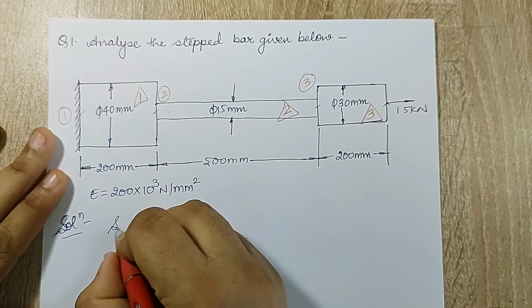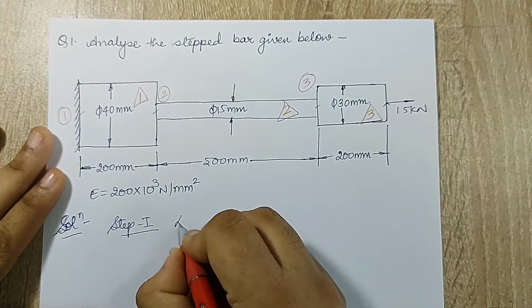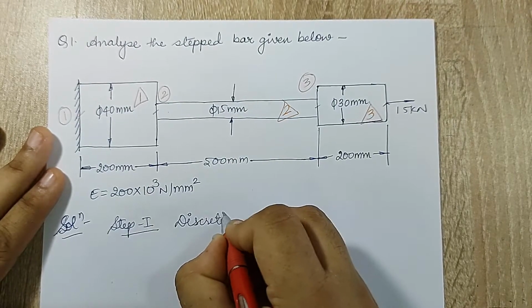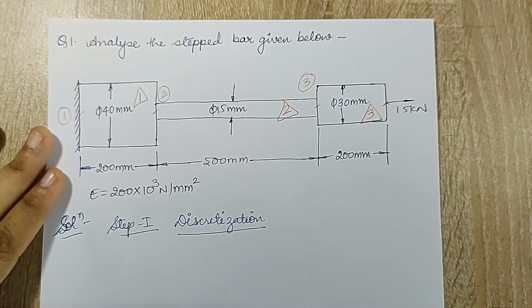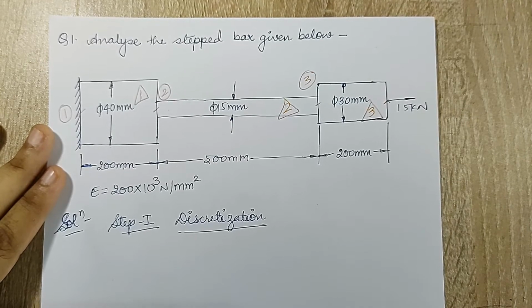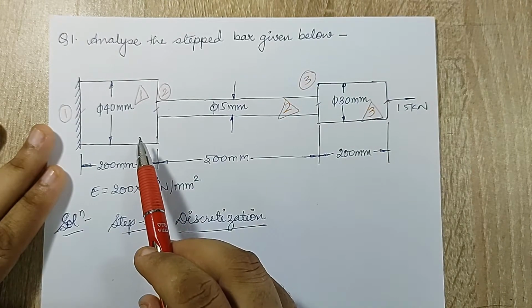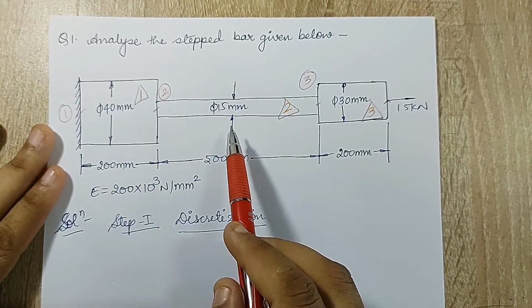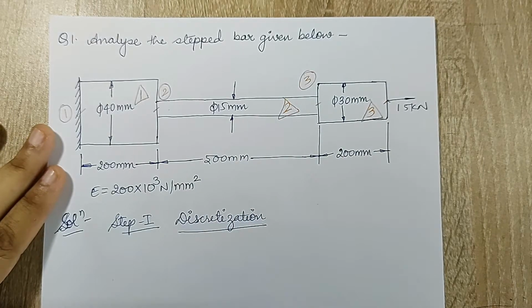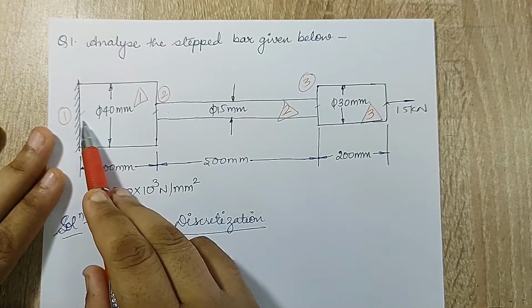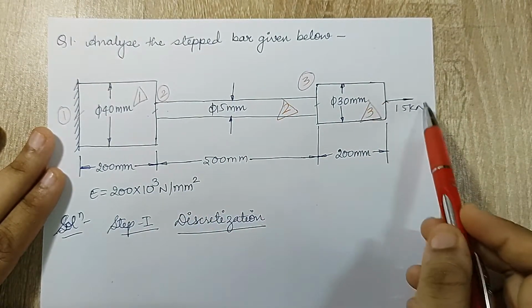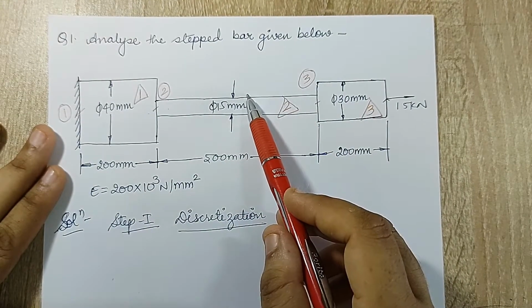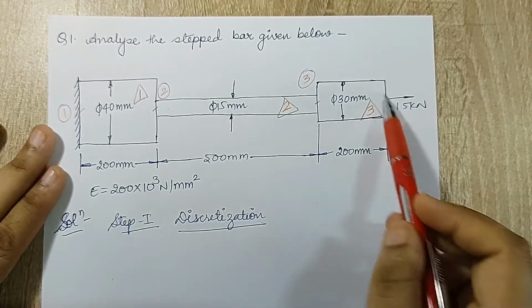The step 1 which was already told to you in the previous session is discretization. Now I have already discretized the diagram as you can see over here by marking the nodes and elements, but there is still one more diagram to be made which is called as discretization diagram. Now for that I am going to use an analogy, that is, in every type of numerical that we are going to solve, we are going to compare these with electrical resistances. Like you can see, this element is a resistance for a displacement that could have happened because of this load. Similarly, this element is applying some resistance to this load and similarly this element.